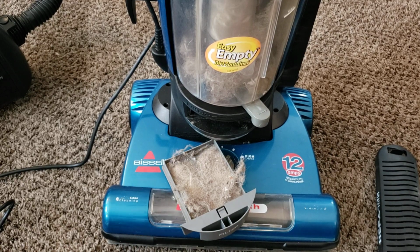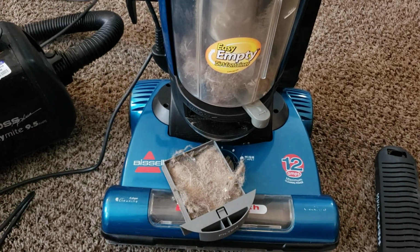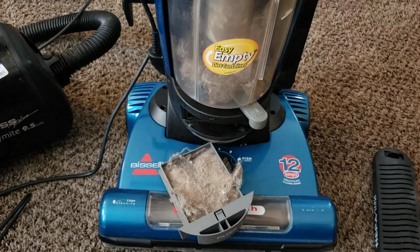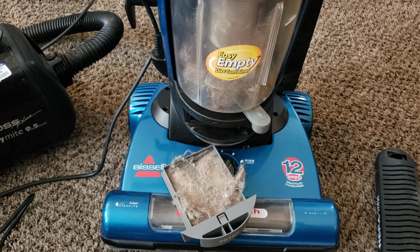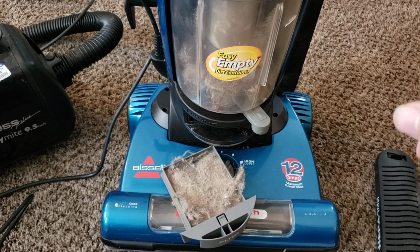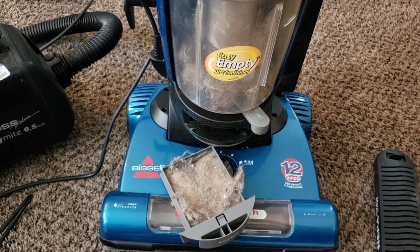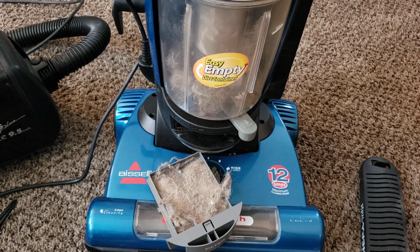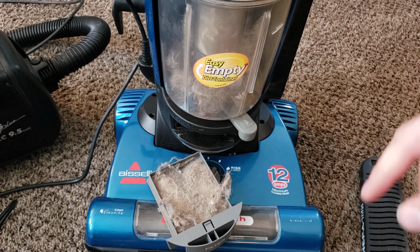This is the PowerGroom Multi-Cyclonic, and this particular machine is junk. Don't buy it. Of course you can't buy these new anymore anyways, but I've been using this machine for about 48 hours now. I fixed it 2 nights ago, so not last night but the night before, and the night